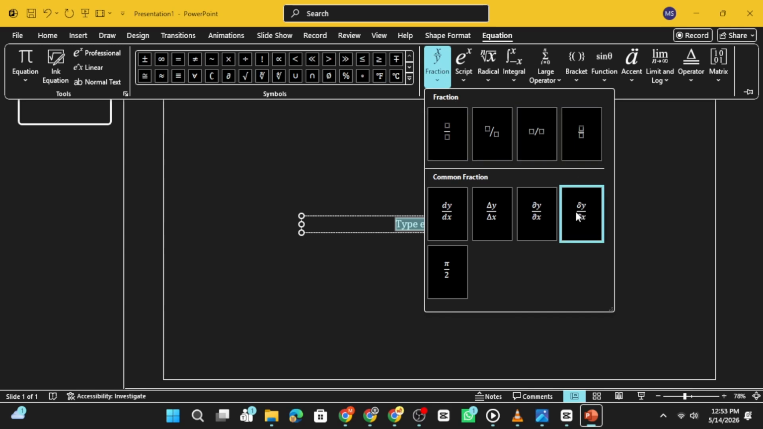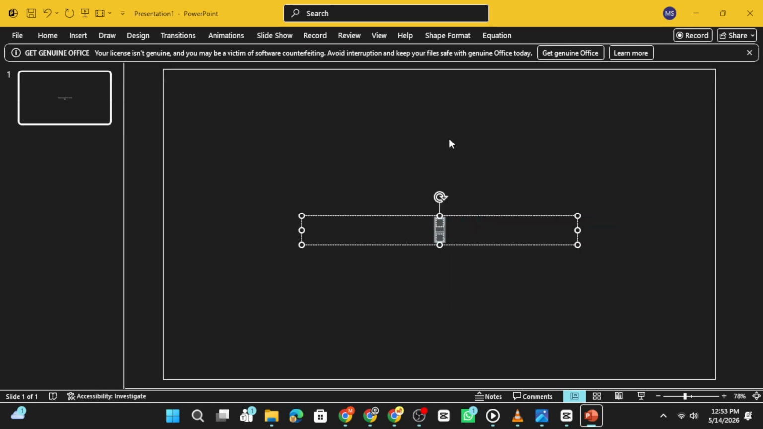You can choose a basic stacked fraction, a slanted fraction, or other formats depending on the look you want for your presentation. Once you pick a fraction style, placeholders will appear on your slide. Simply type your numerator in the top box and your denominator in the bottom box. Your fraction will instantly appear in a clean, professional format that's much easier to read than typing numbers manually with